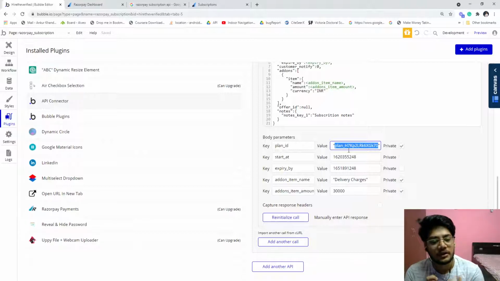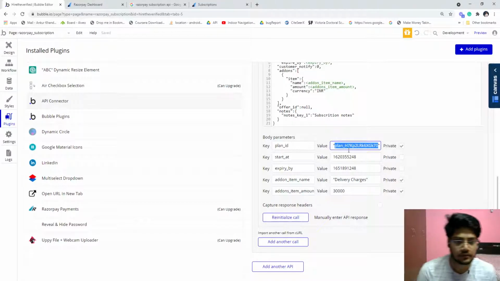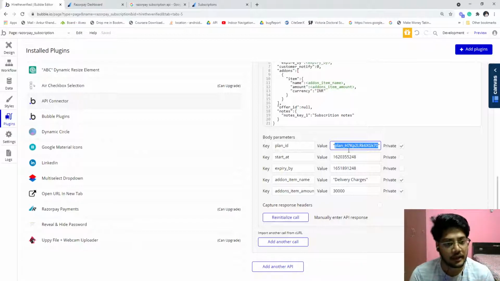If you don't, Razorpay will treat it as an integer or something, and it will not auto-detect like in other APIs. It will not give you an error like plan ID missing or something, it will give you something else. But in my case also, I was doing something wrong.